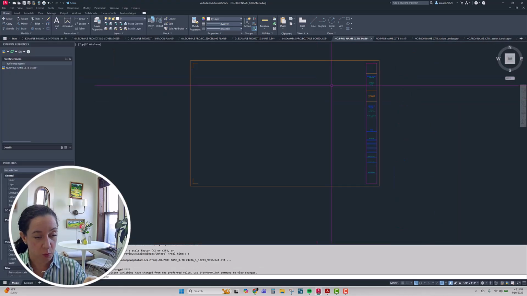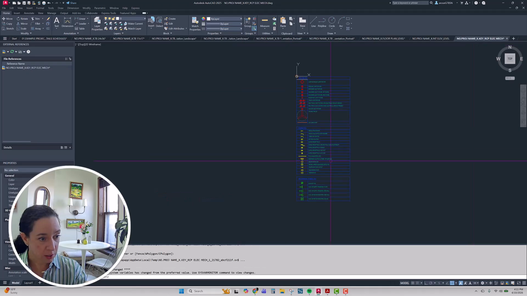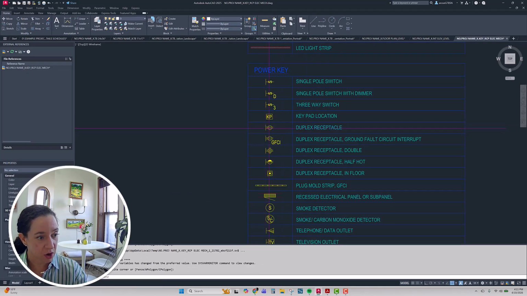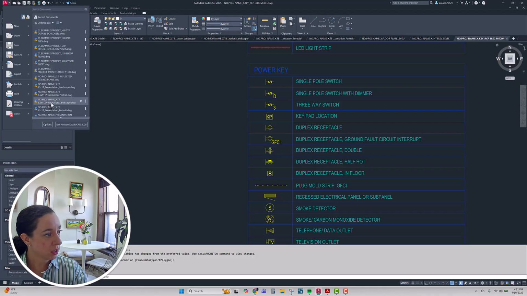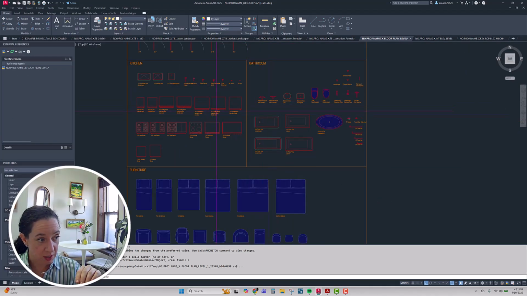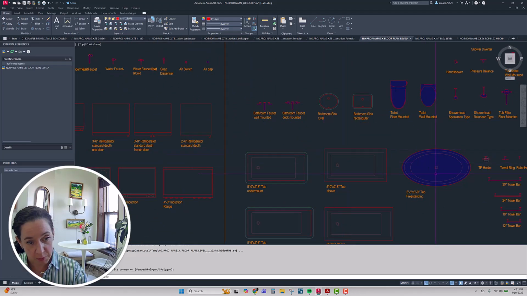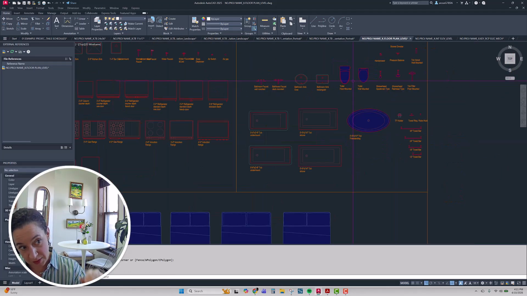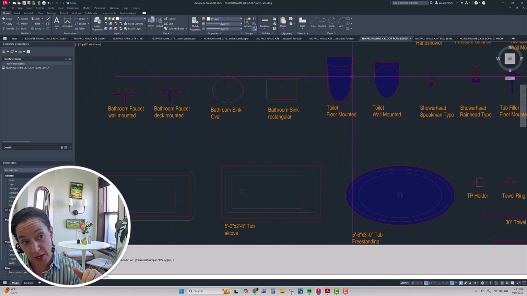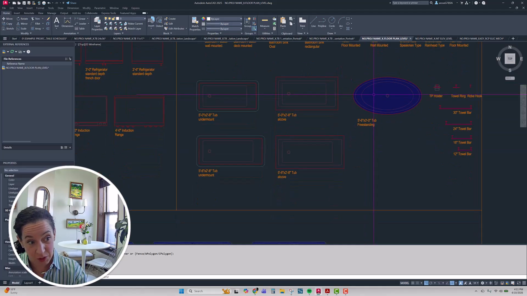This is what one of our title blocks looks like, another 11 by 17. Here's your key, so you can use these tags in your drawings, copy them over. In your floor plans, we have blocks for you to get started on. So we have different refrigerators, doors, tubs. If you see this blue, that means it's a masking layer, so nothing that you have underneath these items will show up. So if you have a tiled floor, this will mask those